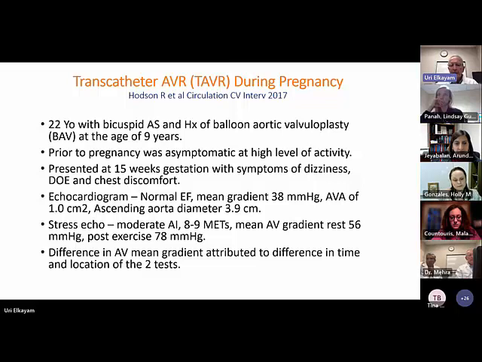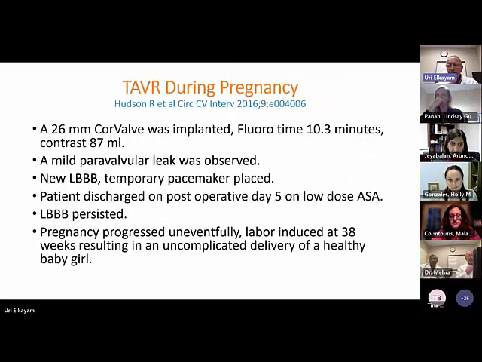This is a young woman who was completely asymptomatic before the delivery, before pregnancy. She presented with symptoms of dizziness, dyspnea on exertion, and chest discomfort. The echocardiogram showed a mean gradient of 38, and the valve area was 1. The patient was exercised as one should do, and she was able to perform 8 to 9 METs. She had a successful